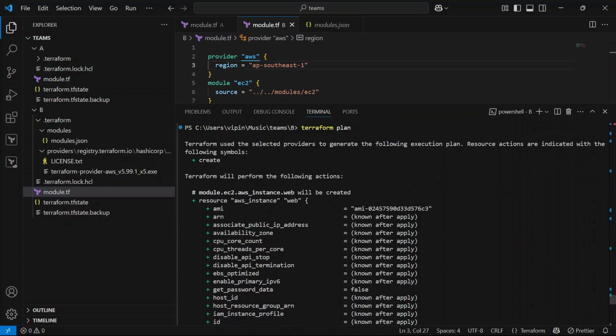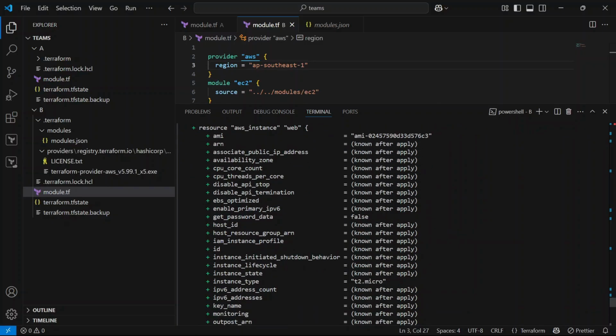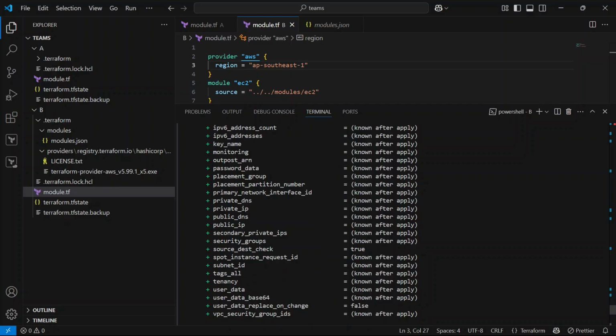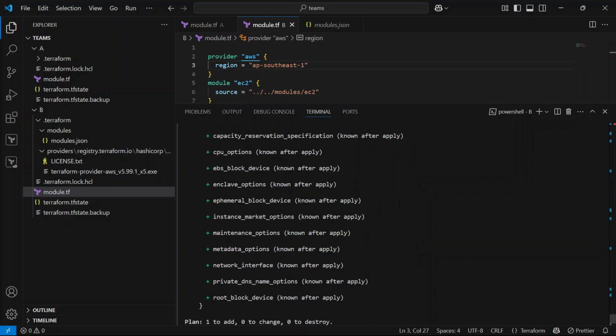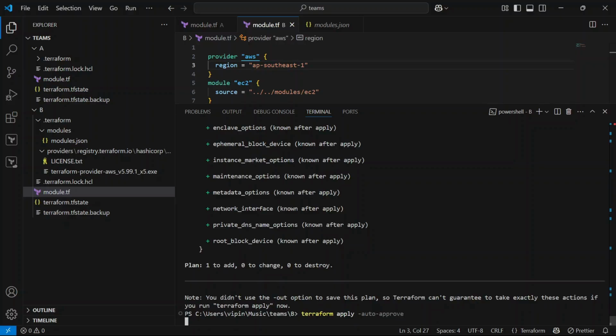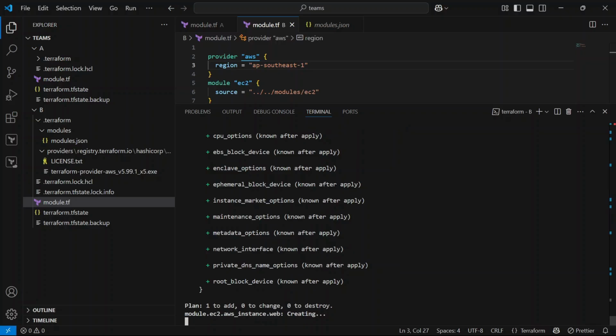Here you can see the first hard coded value, that is the AMI, and the second hard coded value, that is the instance type t2.micro. Apart from it we are not able to see the region here. So let's run terraform apply -auto-approve. Let's wait for some time so that our instance gets created.